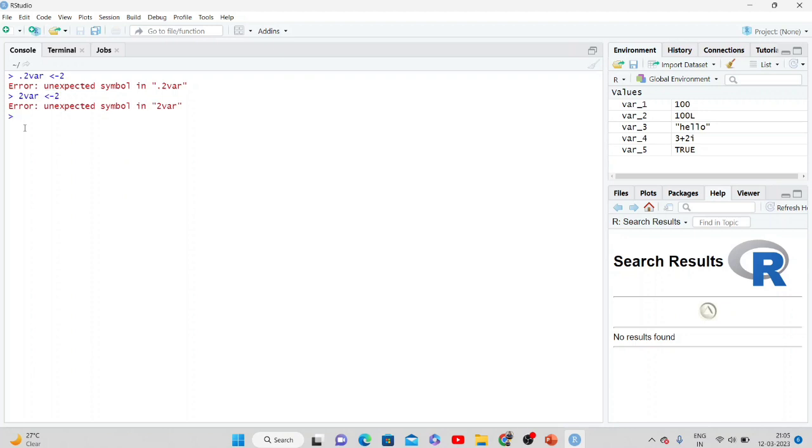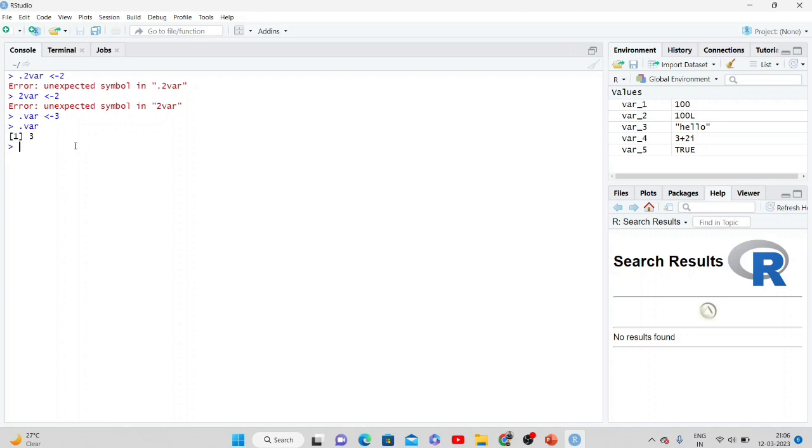But we can use dot var here, there is no error. Yeah, or we can do dot. The same thing, you have used the period character in front. The same thing we can do, or we can print it. Yeah, so this is the thing.